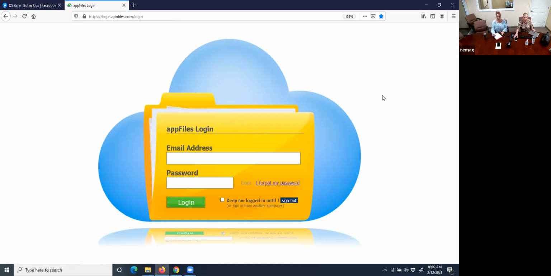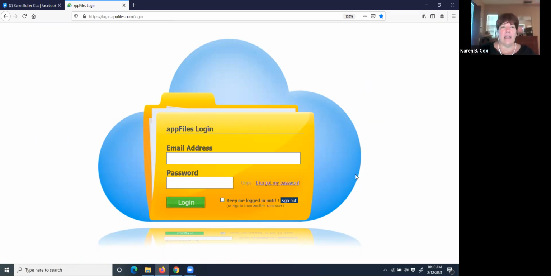Gotcha. Okay. All righty. So I am going to go through AppFiles. AppFiles is our transaction management system. So this is where all of our files are kept. We no longer have paper files. Everything's done. I mean, you individuals might have paper files, but as a company, we don't anymore. So this is where you access your contract or your listing paperwork, where you fill it out. You can get electronic signatures right through this system if you want to, so you don't need a separate system